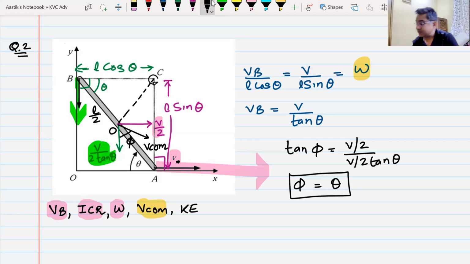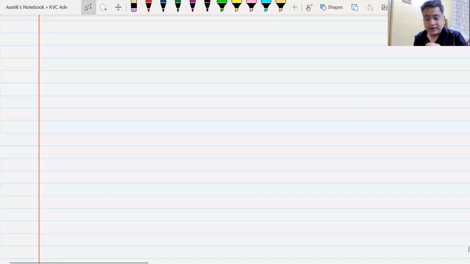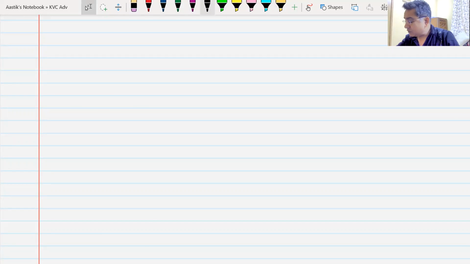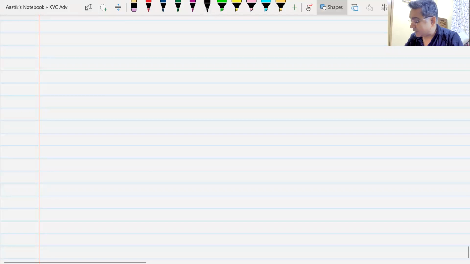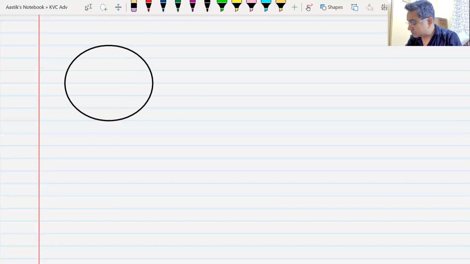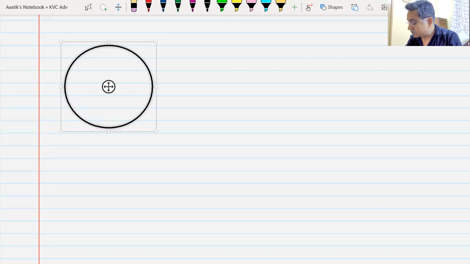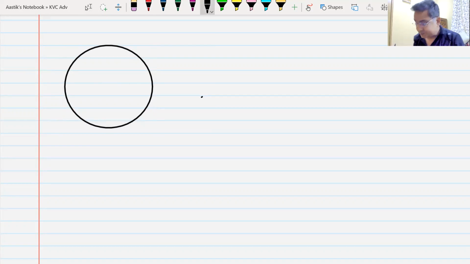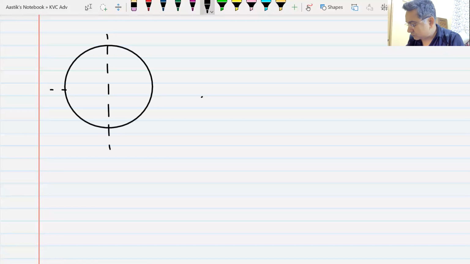This was a question where the velocities were intersecting. I will give you one more case where you can also find it again. We have already done this case. I'm just going to show it again. So again, I take the example of this disk, or this ring.